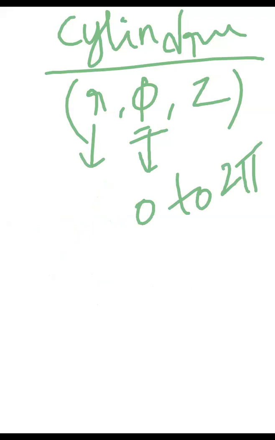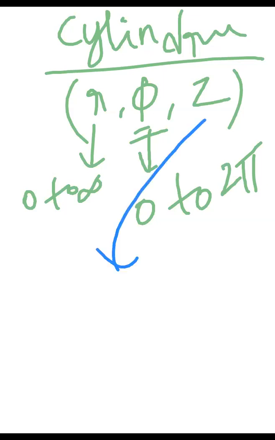Now you know the limits of r. R can be from 0 to infinity, pi can be from 0 to 2 pi. And what is the z value? Anybody? What could be the z? Minus infinity to plus infinity. Yes, z is from minus infinity to plus infinity. You will understand once I draw the diagram, why the limits are like this.